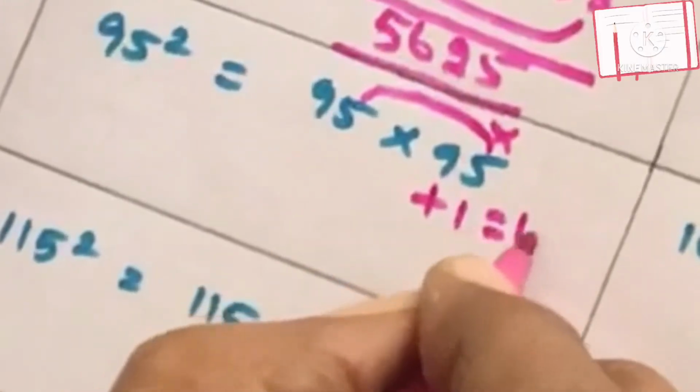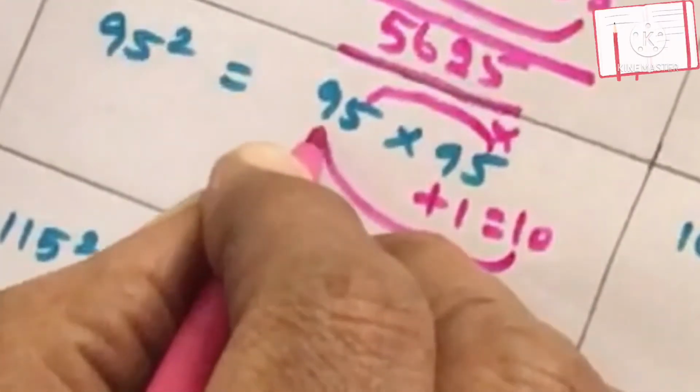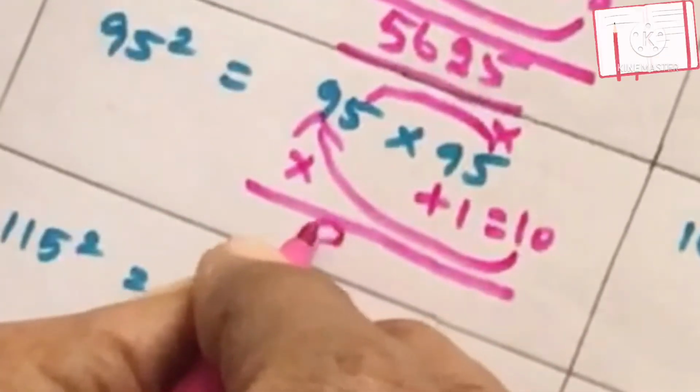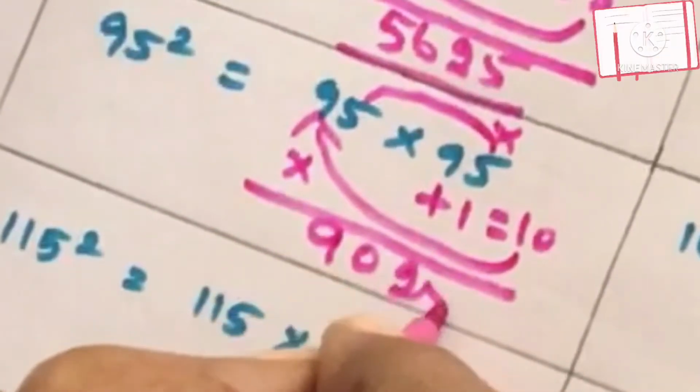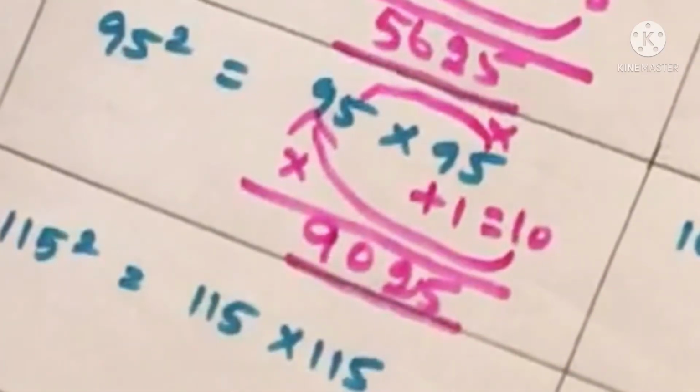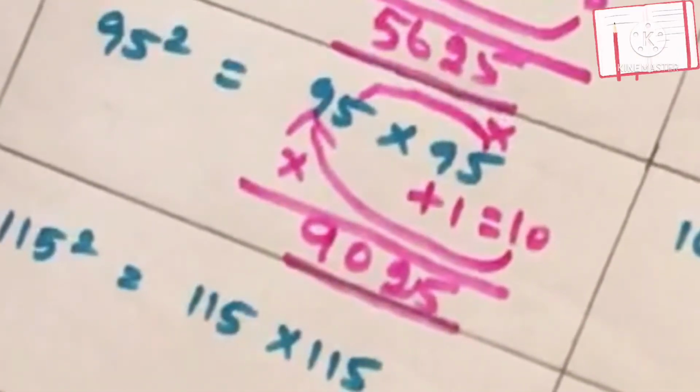Next we are going to see the square of 95. The same procedure is followed here. The ones digit both on your right and left is going to be multiplied, which will give you 25. The tens digit on your right hand side is going to be added with 1, which will give you 10, and that is going to be multiplied with the tens digit on your left hand side, which will give you 90, so 9025. Hope you will understand.